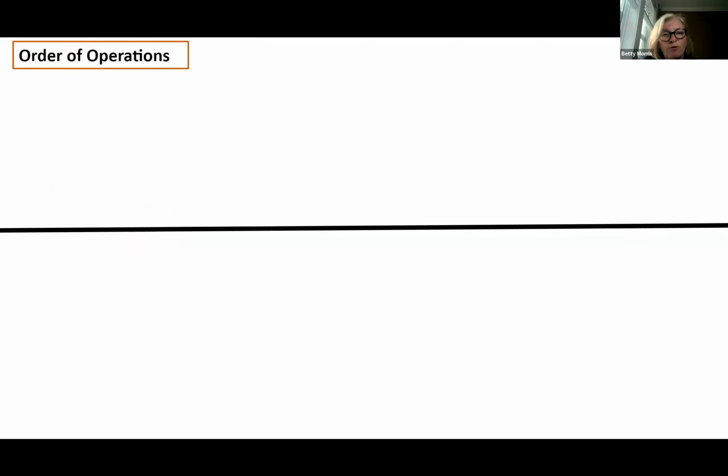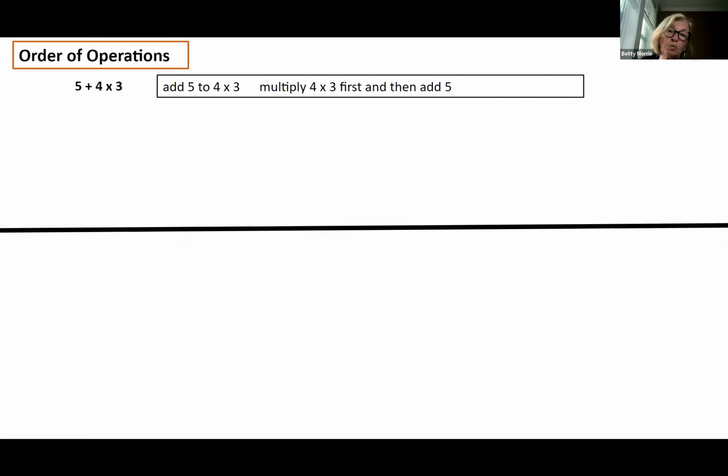I'll just start with the first one. So now we're looking at something with multiplication. And again, I'm jumping it. We've worked with the fact that in our rules, if we have an anchor chart, that multiplication and division is always first left to right. So you can see for you, there's 2 ways to look at it. I'm going to go to the second one. Multiply 4 times 3 first, and then add 5. So that's one way you can say it. There are other ways to say this phrase as well, or expression, or add 5 to 4 plus times 3.